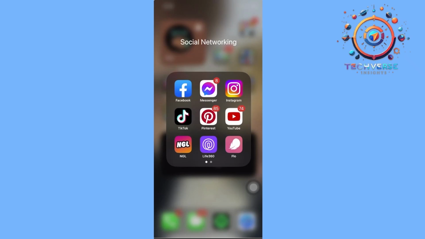Hey guys, today let's learn how to delete fake Instagram followers. So in the case that you want to go ahead and delete fake Instagram followers, how do you do so? If you want to do this, of course, all we need to do